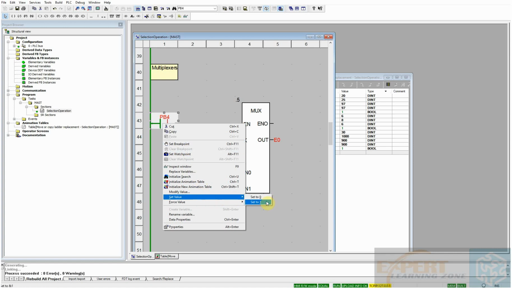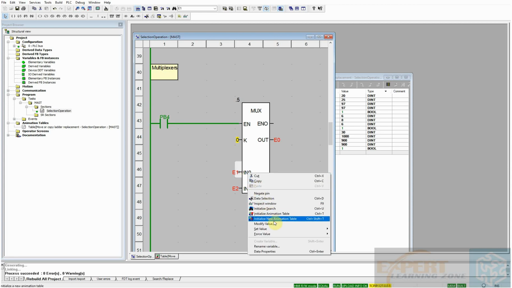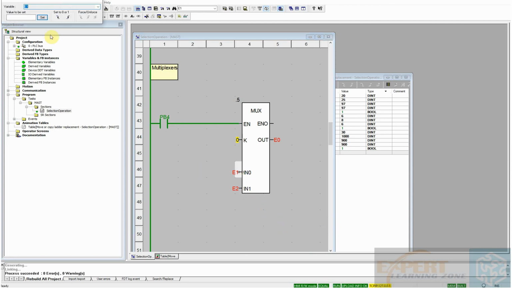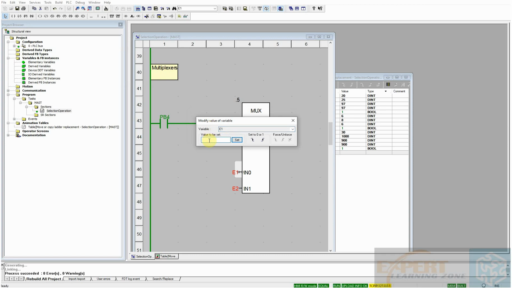So we'll set it to 1. Okay, so we have now input 0. And let's say we modify this value. Let's say we modify this value to,